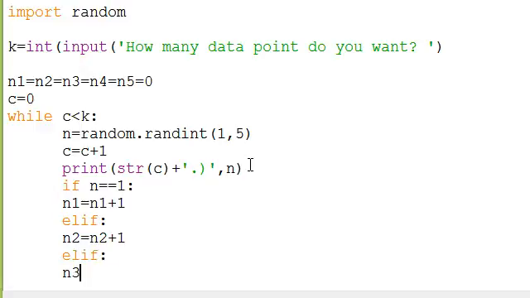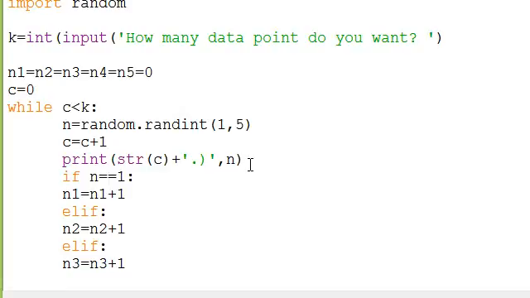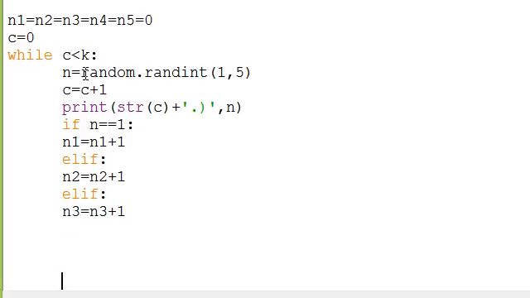Alright, n3, so we're counting our data as we go. n3 plus 1. Something is fishy in St. Louis. That shouldn't be going all the way over there. n4 is equal to n4 plus 1. And then for the last one, all we have to do is else, and n5,